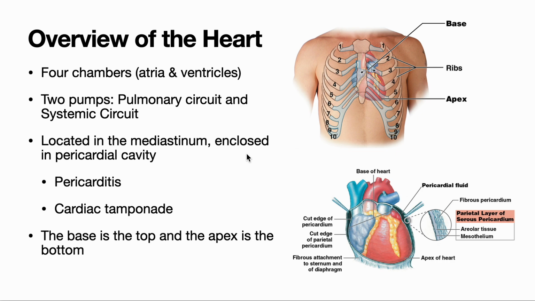We know we have 4 chambers. We're going to have 2 atria at the superior aspect at the base of the heart, and we're going to have 2 ventricles towards the apex or the inferior region of the heart. The ventricles are going to be much more muscular. The atria are going to be a little more thin-walled, and so right away that gives us some hints about